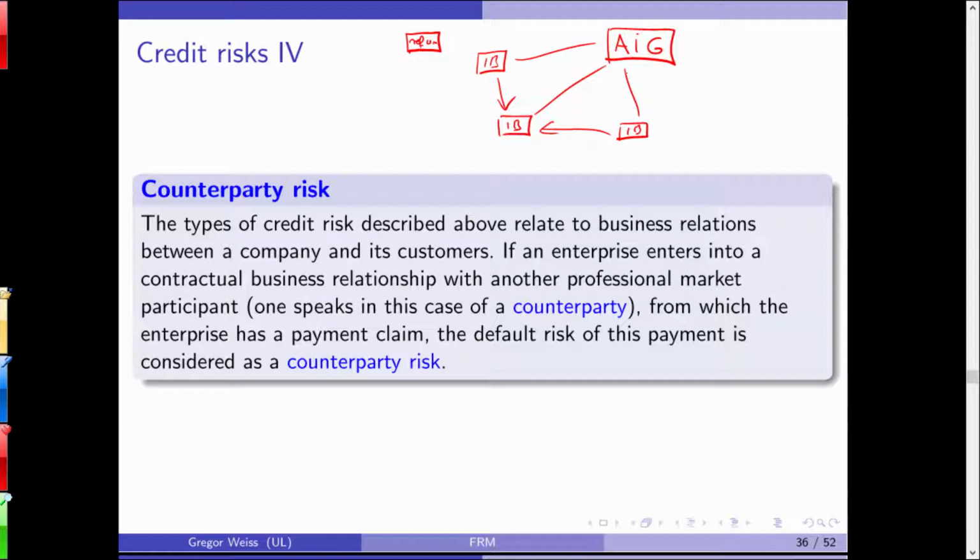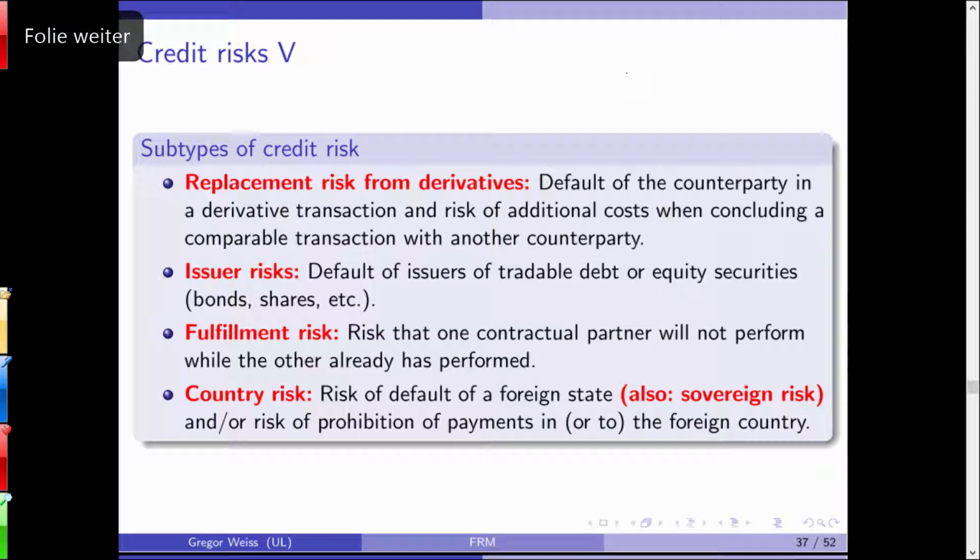It might result in an immediate financial loss, but it might simply mean that you think you have insurance, but actually you don't. And this is why CDS markets and OTC markets have become more regulated than before the financial crisis, because regulators realized that an intransparent, opaque market that is so big in volume can be detrimental to financial stability. And this is counterparty risk, a big problem during the financial crisis. You also have some additional subtypes of credit risk.